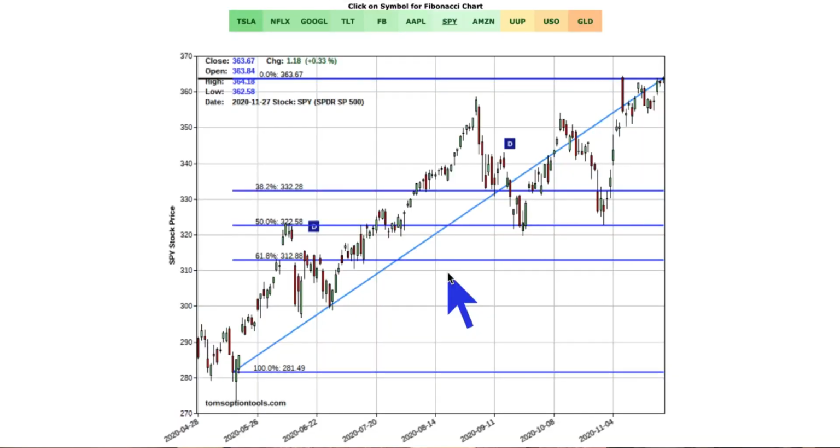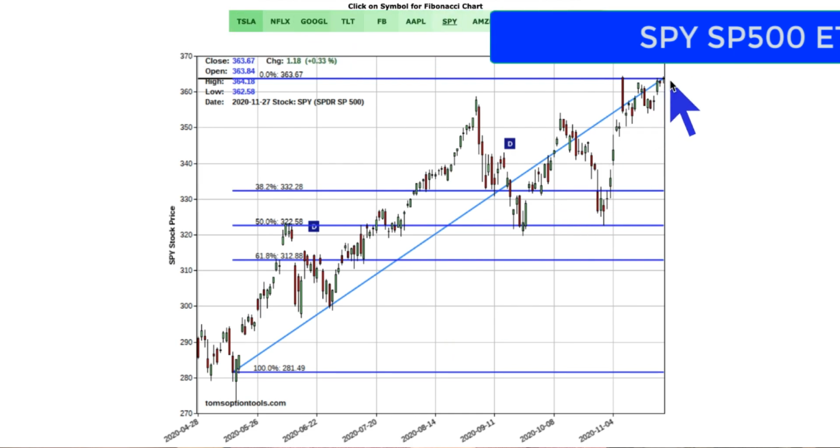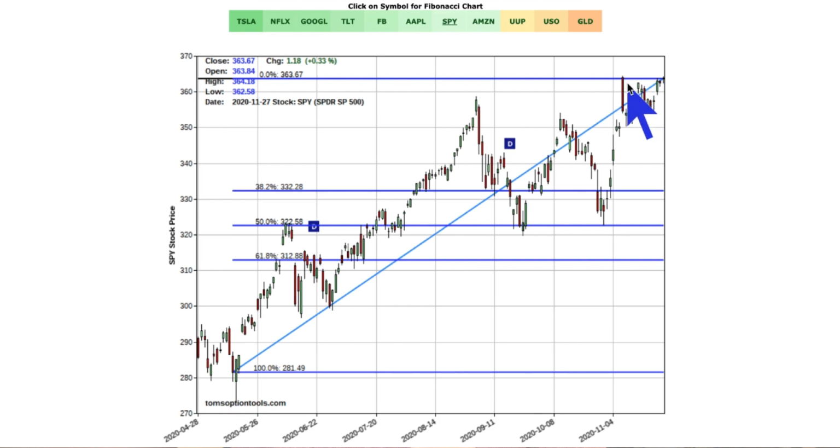Okay, so let's first start with the overall markets. I have a chart of the S&P 500 ETF, SPY, on the screen. We're going to go back and look at Fibonacci ratios. First, with the S&P, not much to look at here as we are sitting on what we call all-time highs. We are very close to taking out those opening highs that occurred a couple weeks ago when Pfizer broke news of their COVID vaccine efficacy rate. Remember that we had that big pop up and then everything pulled back. We're about to take that pop out to the upside very soon.